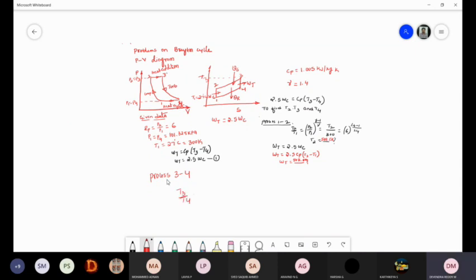T3 by T4 equals P3 by P4 to the power gamma minus 1 divided by gamma. What will you do with this now? Tell me the next step. What is P3 equal to here? P2. And what is P4 equal to? P1. You can substitute these values in the above equation. T3